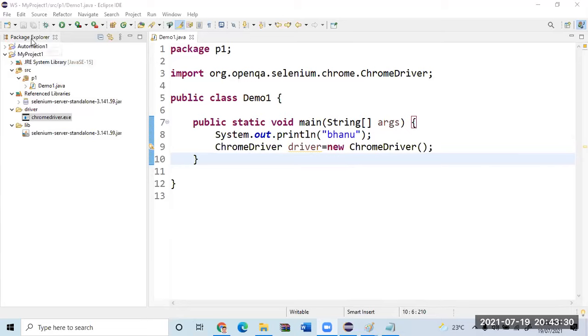Vidya, ensure that you are in Package Explorer. Right click and then paste it. Don't worry if you are facing issues, I'm there to solve it.